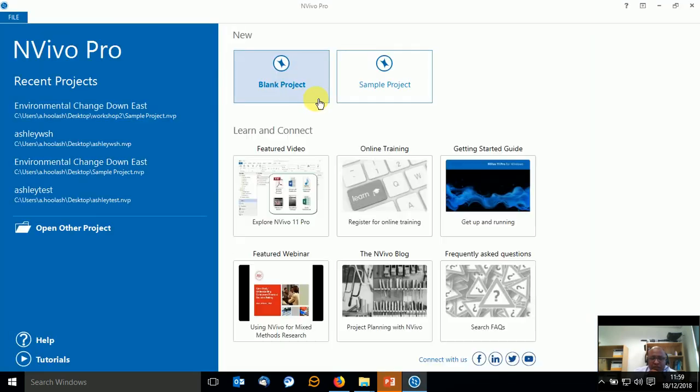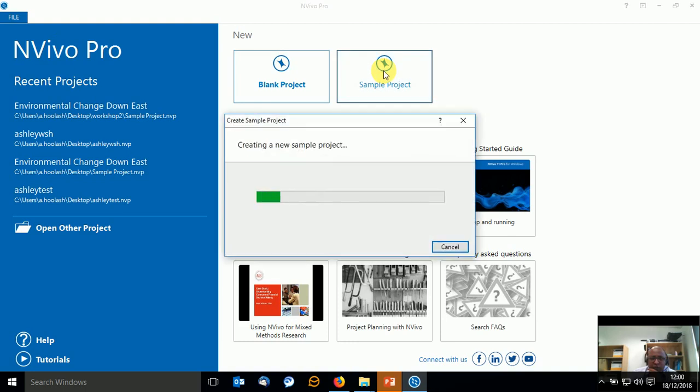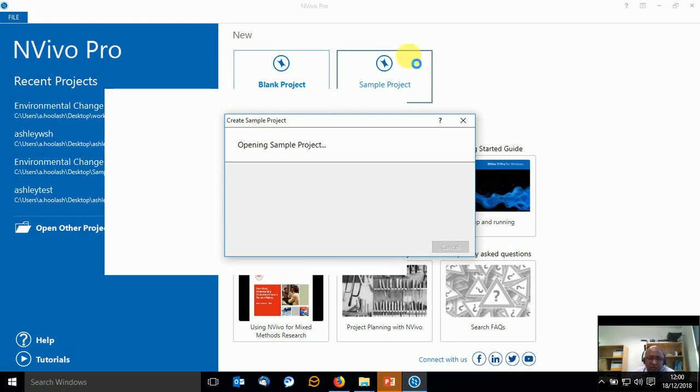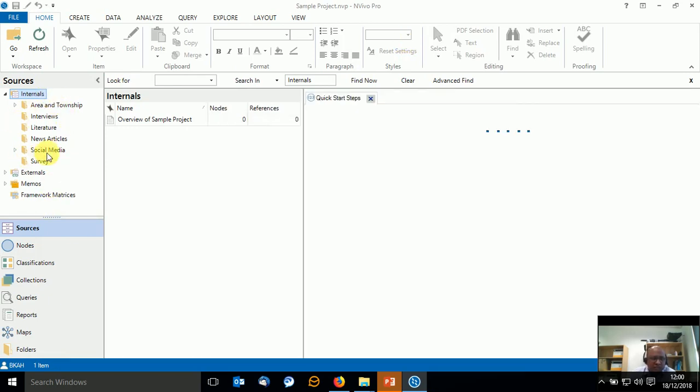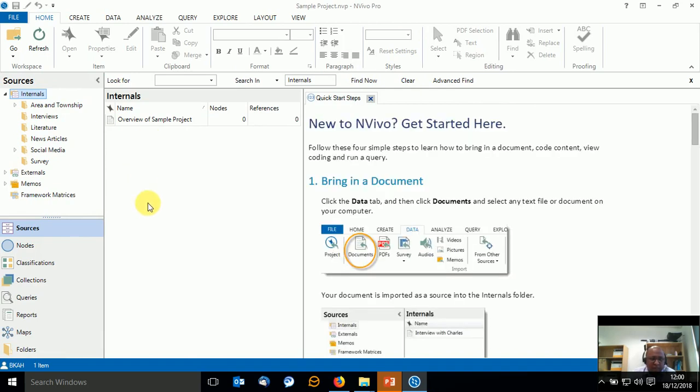Right. So just wanted to show you a little bit on the sample project. So there you go. The sample project comes with NVivo. It's a default project. If you have the chance to click on it and have a look at the file. So this is what I want to discuss, and also some of the files that come up